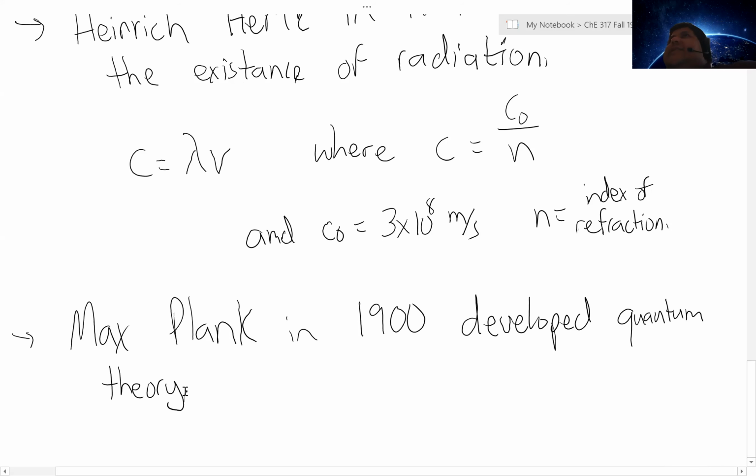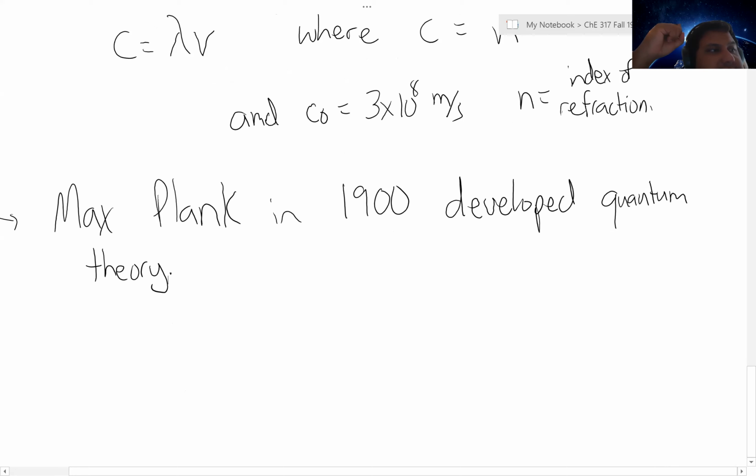And so Max Planck theorized and demonstrated over the next several decades that the energy associated with radiation emission is quantized, and we can calculate the energy emitted in radiation, or E, as h times the frequency, or hc